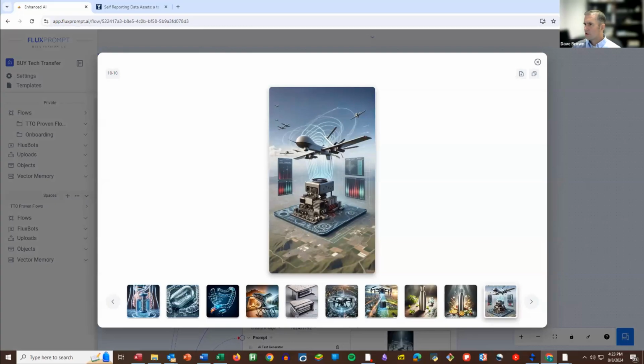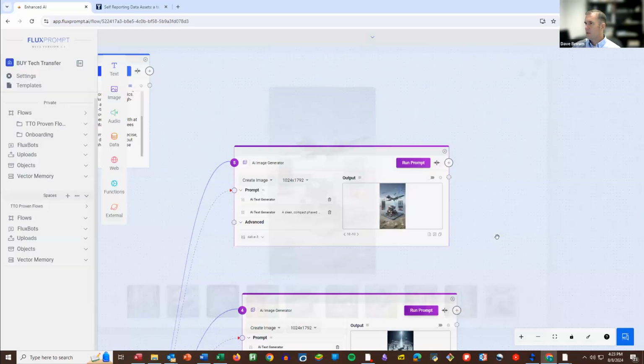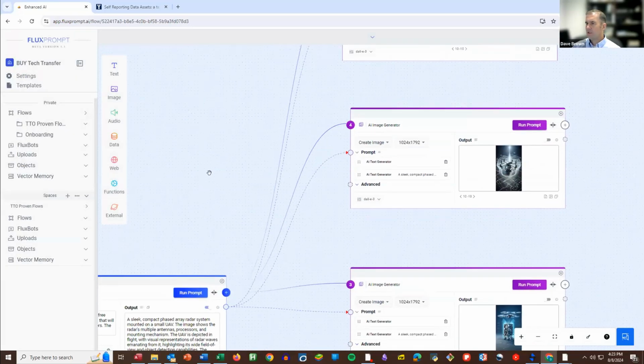I'll have to look at this description. I guess what this is, in here, the device is like the size of a valley. So maybe I would redo that one. But there's a lot to like about this one. Like, you could just cut and use that part. But anyway, if you didn't like them, you'd regenerate them.